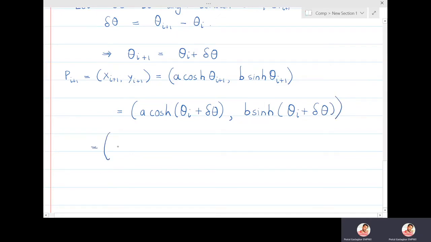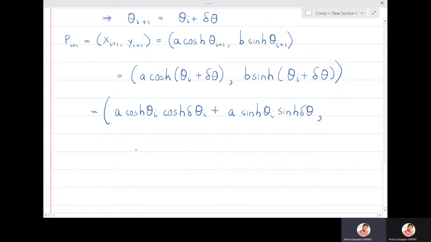So it is equal to a cosh θi cosh Δθ + a sinh θi sinh Δθ, comma, second coordinate will be b sinh θi cosh Δθ + b